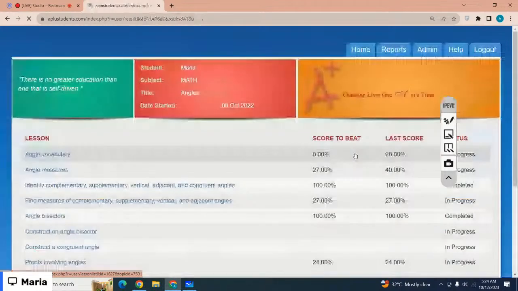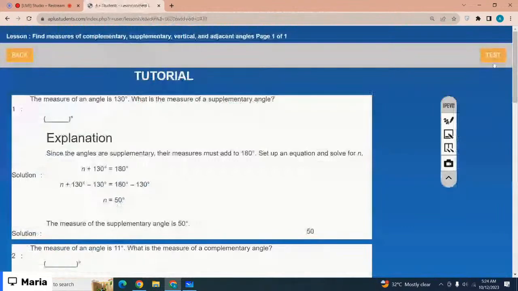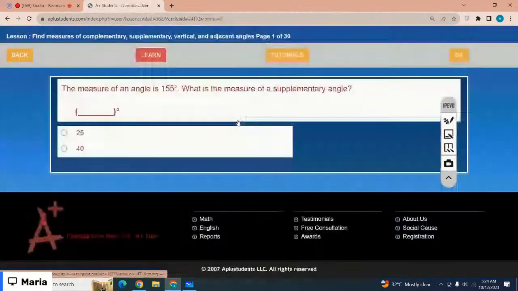The next one is find measures of complementary, supplementary, vertical, and adjacent angles. Let's just start with the test questions. Okay, the measure of an angle is 155. What is the measurement of the supplementary angle? The correct option is, supplementary angle means the angle that measures to 180 degrees, right? So 100